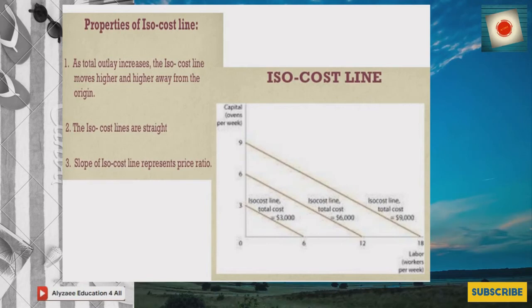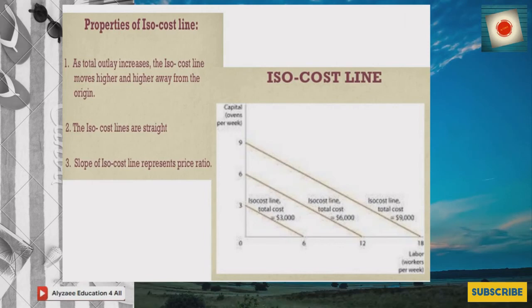So looking into the graphical representation of it, on the y-axis we have capital, on the x-axis we have labor. When capital is at 3, the laborers or workers are at 6. The isocost total cost is $3,000. So when we move ahead to more capital, looking at number 6, definitely we will be hiring more workers, more laborers. So the isocost total cost will be at $6,000,